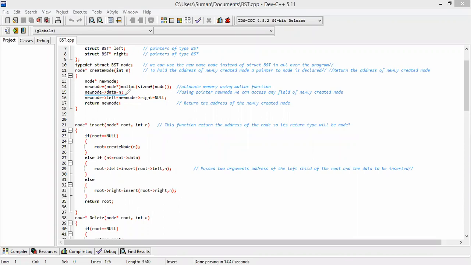And after that, the left and right children of this new node are null.